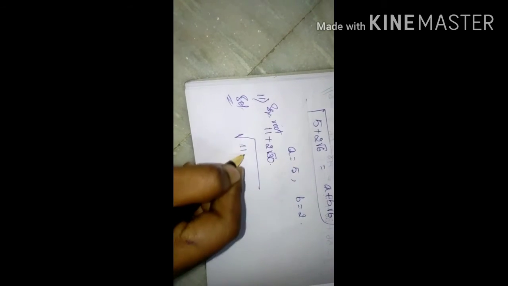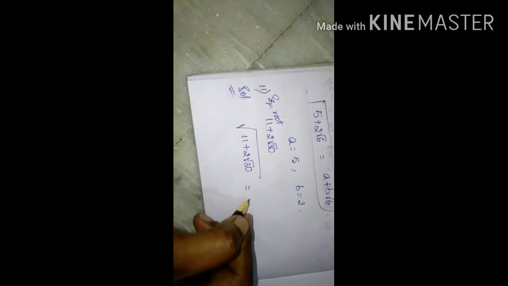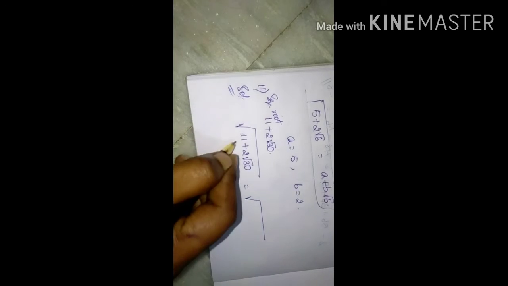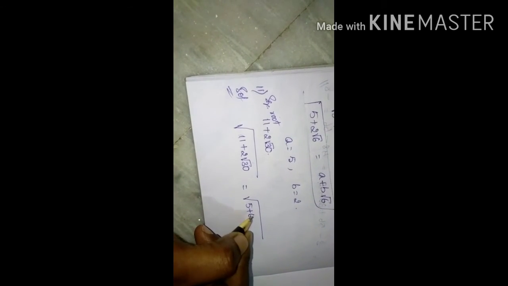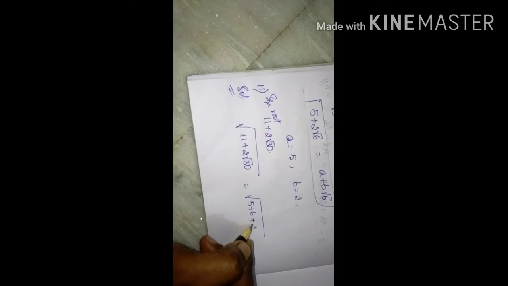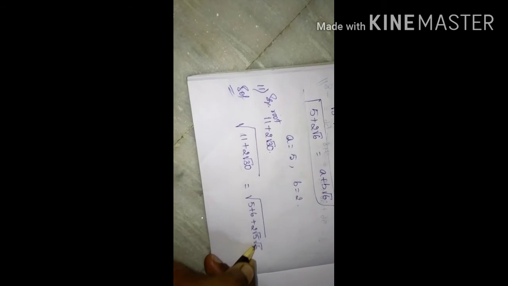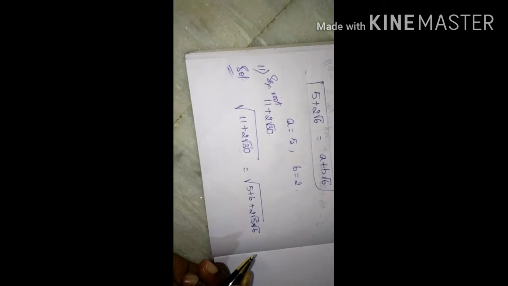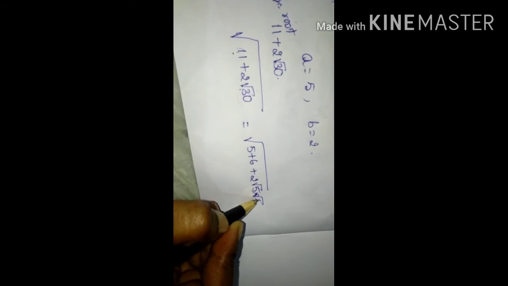Okay, now this 11 can be written as 5 plus 6, yes or no? 5 plus 6 plus 2 root 5, and this 30 can be written as root 5 into root 6. Yes or no? Root 5 into root 6. Okay, now it is in the form of,